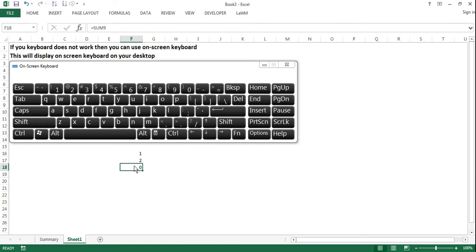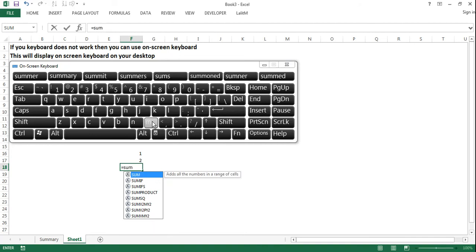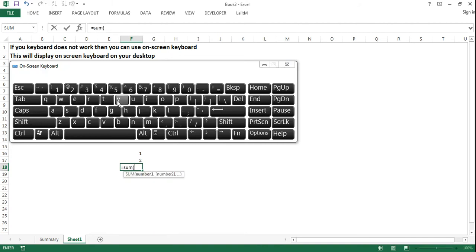Sorry, equal sign, SUM, shift key, bracket start,